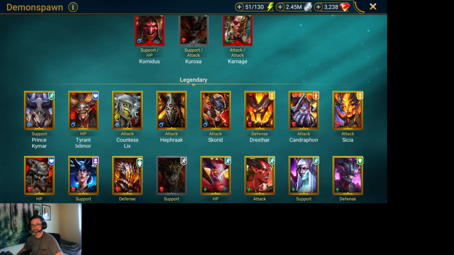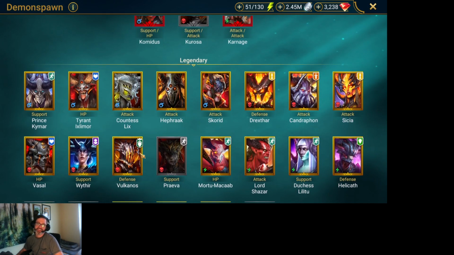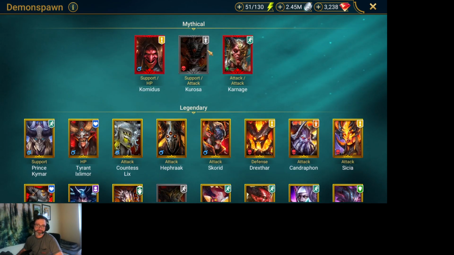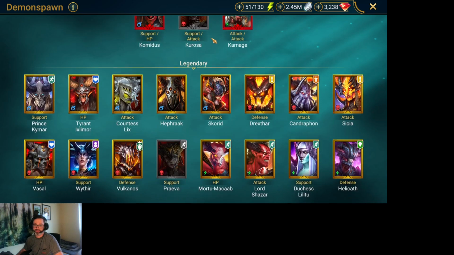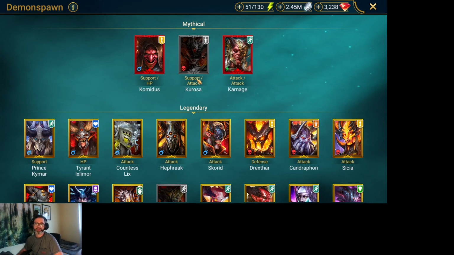That's too many people. That's 5, but you could have a Volcanos with Carnage, Kurosa, and Lamasu, and that's a pretty solid team. But I don't know. I just don't see the spot for her. And it's the 18th of June, Wednesday before Juneteenth, and I just don't see it. And I'm not going to be going for it,